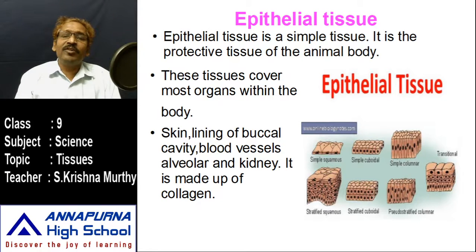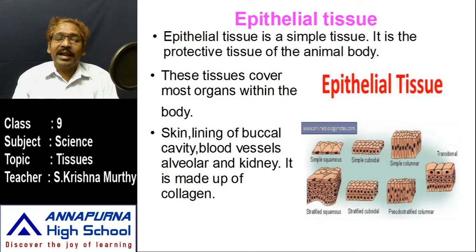The alveolus is a sac-like or ball-like structure present in the terminal portion of the bronchiole. The terminal portion of the bronchiole contains grape-like clusters, each being a small ball. So they are called alveoli. The outer membrane of the alveoli is lined with this kind of epithelial tissue.